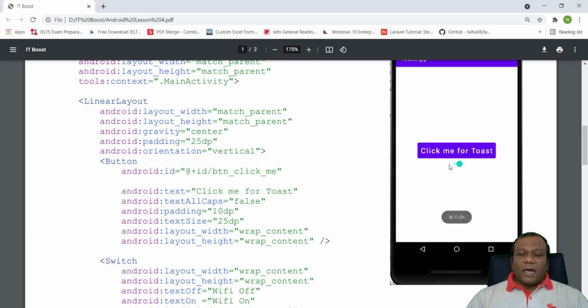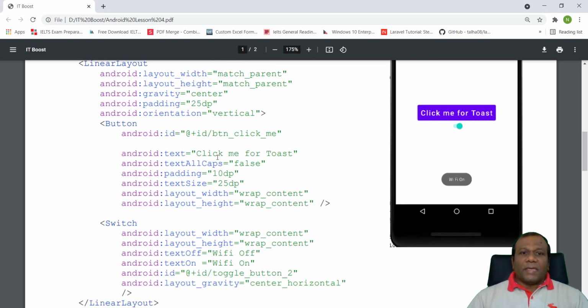The other one is the switch, right? So one comes below the other, so I made it vertical. The button has the ID btn click me, the text is click me for toast, all caps false, and the padding, text size, width and height are wrap content.